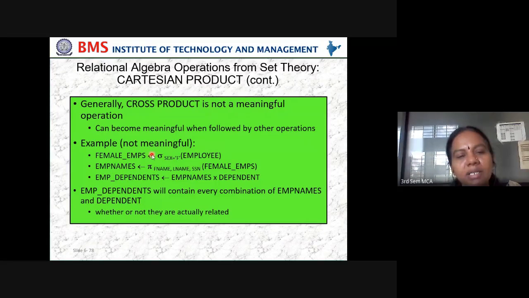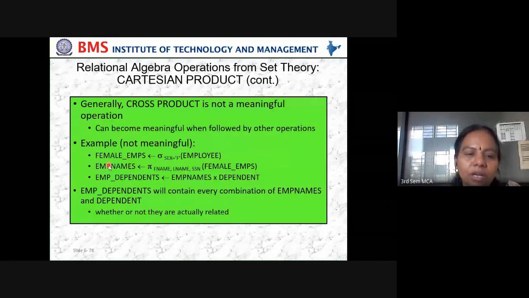For example, let us see when there is no meaning in doing a Cartesian product. Suppose I want all the female employees who are working in the employee table, and I want to store those rows in a table called female employee. Then project first name, last name, and SSN, which gives the employee names.